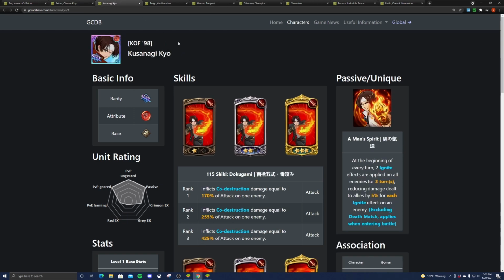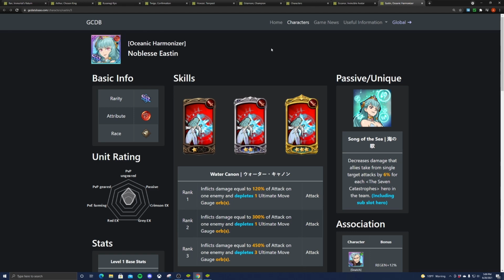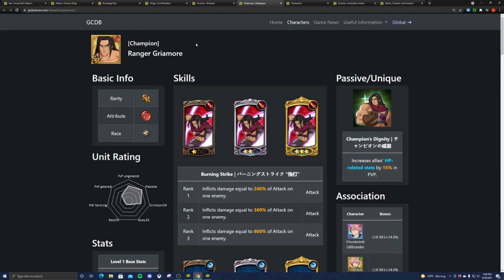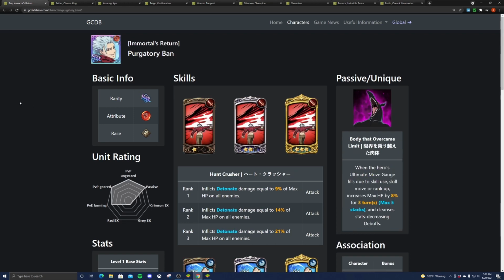So I would say if you don't have Kyo though, switch it out for a decent red unit. So probably Red Easton. If not, you could try out Hauser or maybe Griamore. So that's up to you. Yeah, basically those are the best teams. Just so you have a better